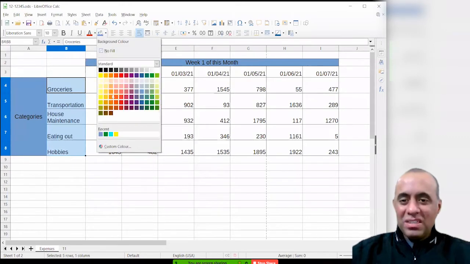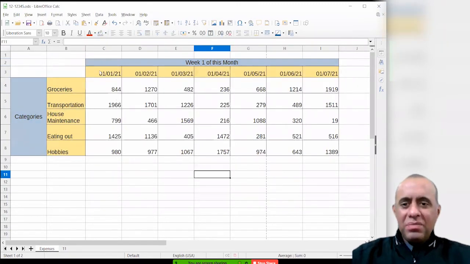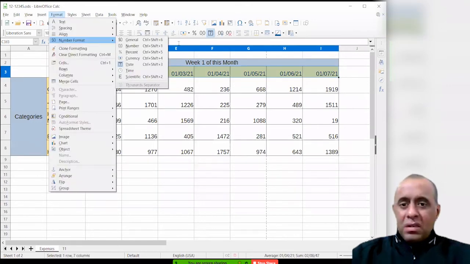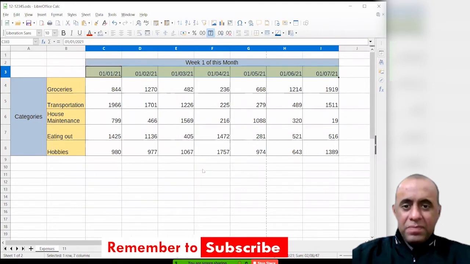Anything I do, it changes the color. So I'm going to change the color of the subheadings to something like this. Another amazing thing I'm going to show you: select all these, right click them and go to format cells,